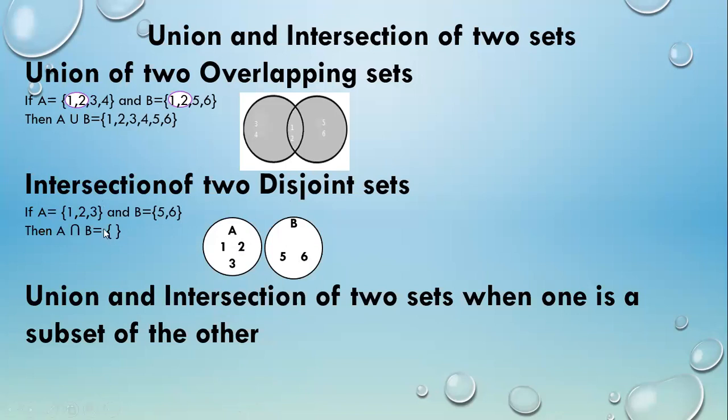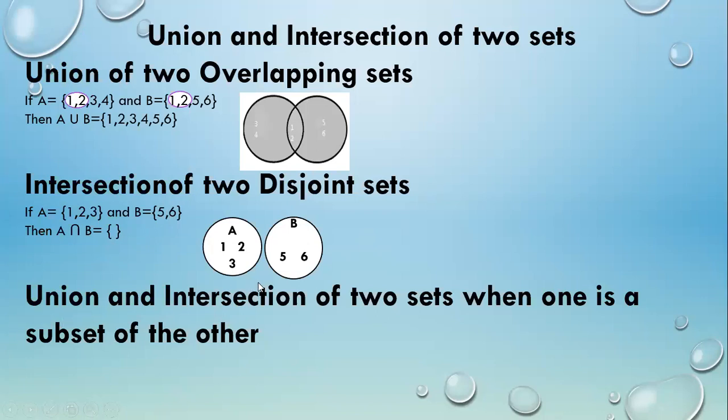Okay. Now, what is step number 2, Halima? Step number 2 is shading. Now, shading depends upon the answer. Here the answer is the null set. So here we are not going to shade the Venn diagram. Very good, Ramesh. Why are we not going to shade? Because the answer is the null set.